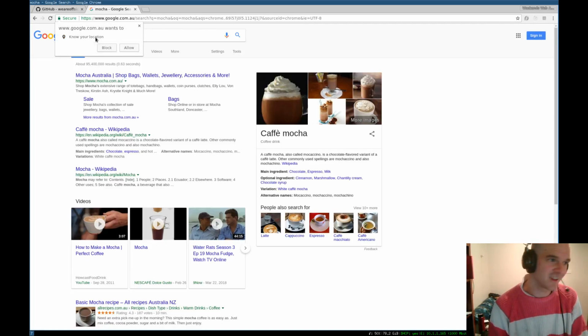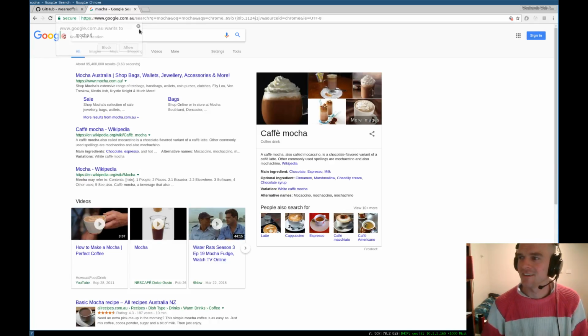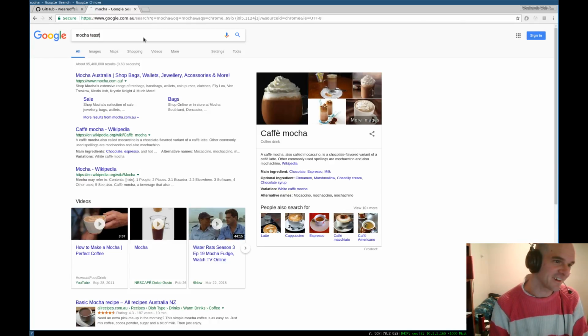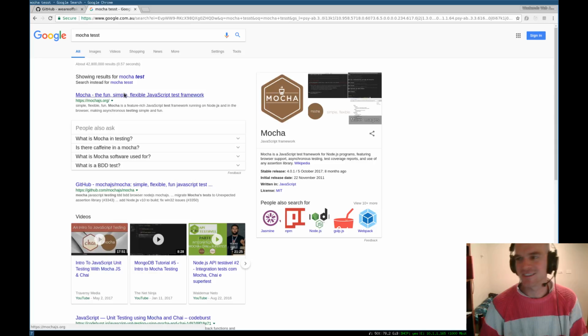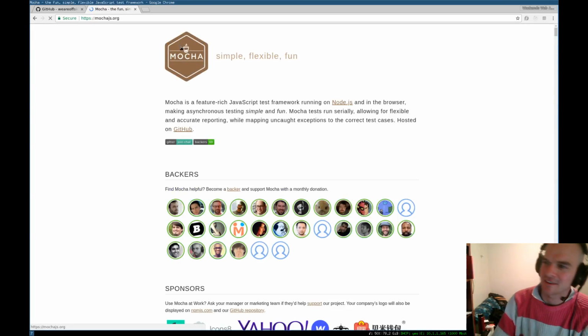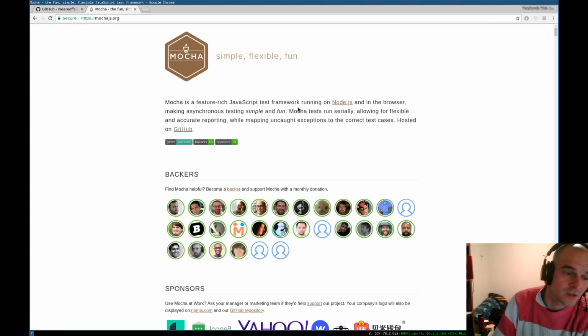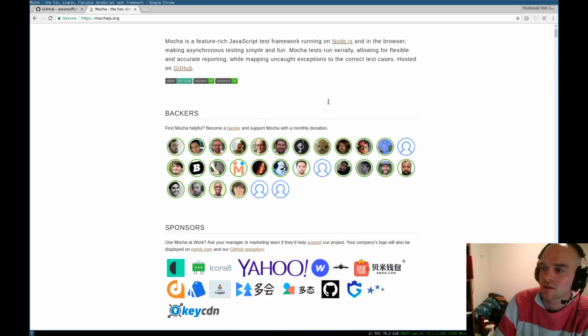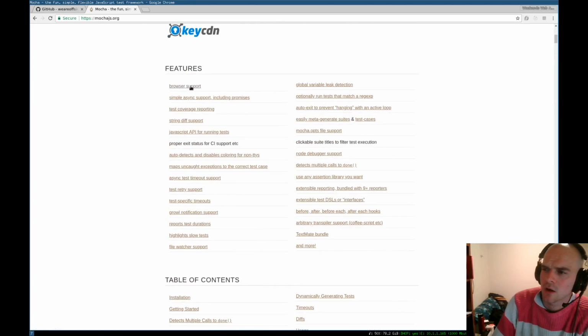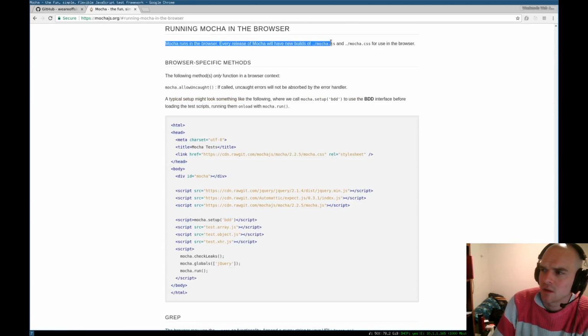That's unfortunate that it's a bit vague, but anyway, here we go. Mochajs.org is the test library here. This one's been around for a long time, and it runs on Node.js and the browser, and that's a really important part of it, that it runs in the browser too. If we didn't have that in the browser, then we'd be running into trouble.